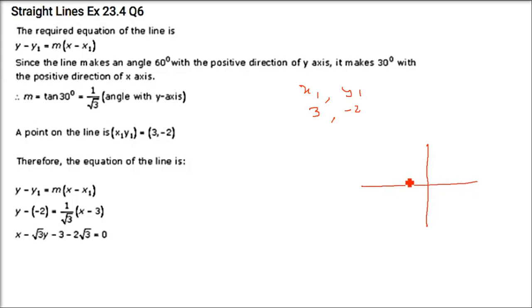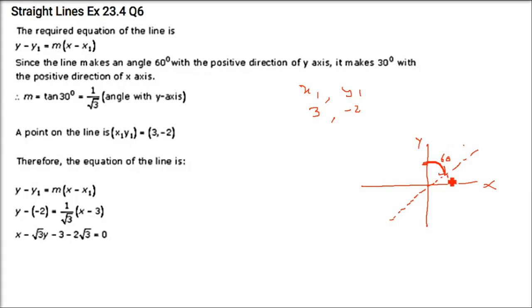This formation is there. I don't know from where it is going to pass, I'm just giving you an idea. The 60 degree is given to you with positive direction of y-axis. Please remember, it is from y-axis, not from x-axis. If I make a line like this, I don't know whether it is passing through origin or wherever, I'm just taking it at random to tell you about the angle. Now this is 60 degree from positive y-axis.